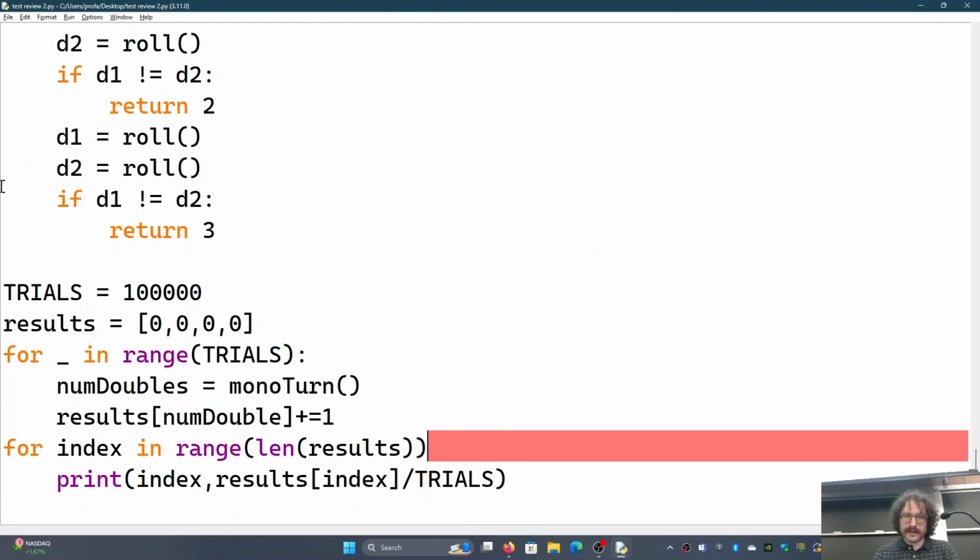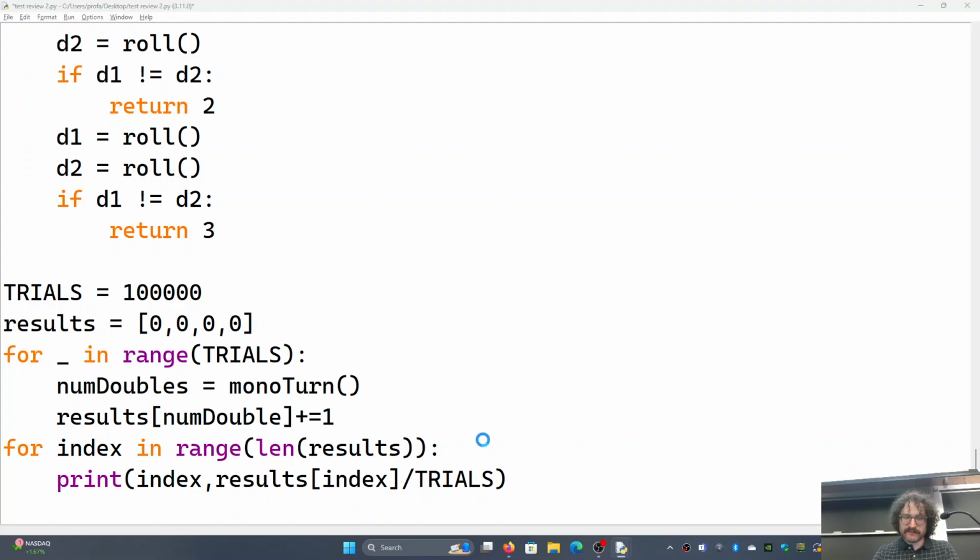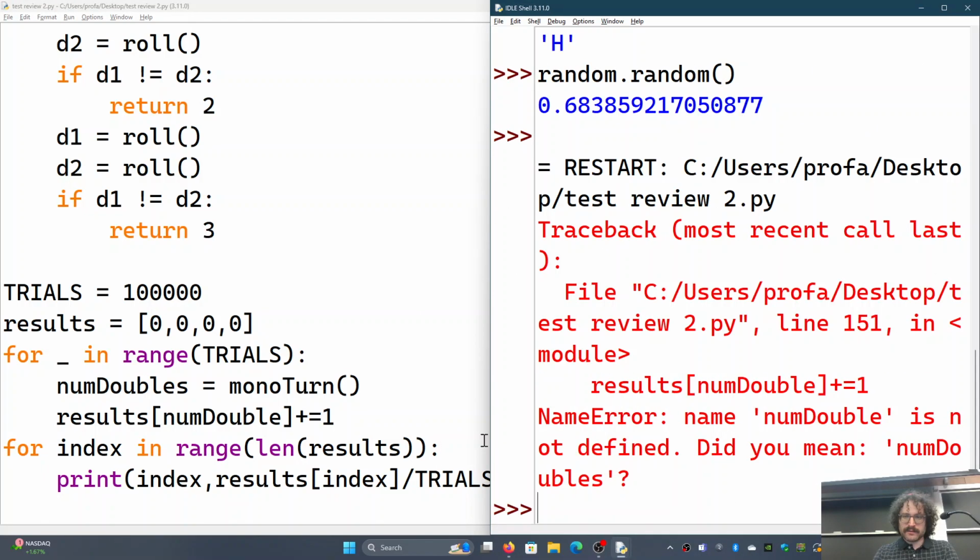Expected colon, right? So, and then I can just simply do this and run it, and num double,